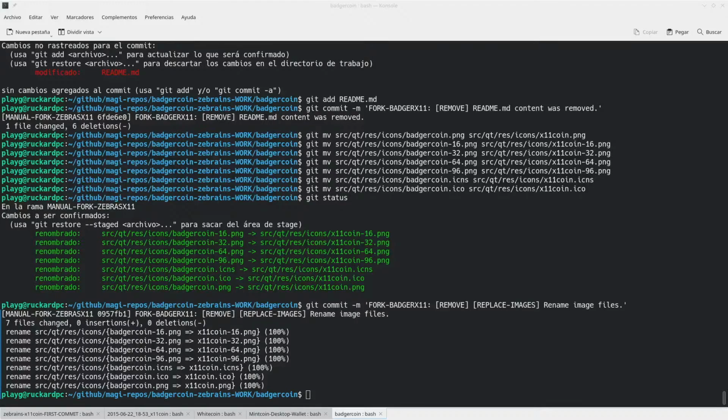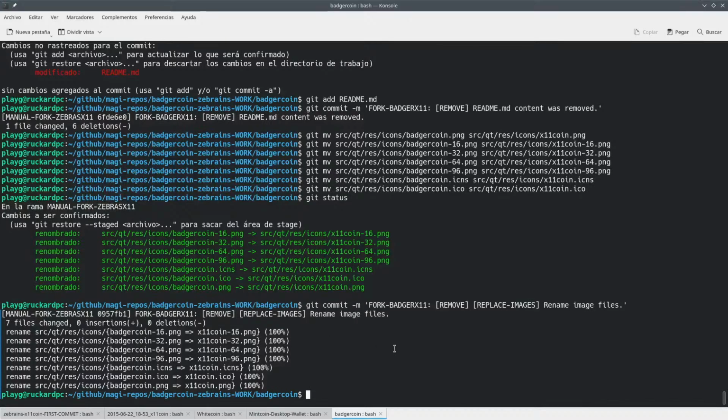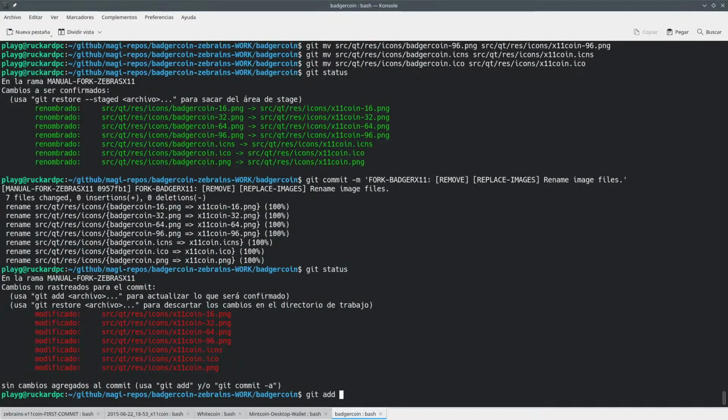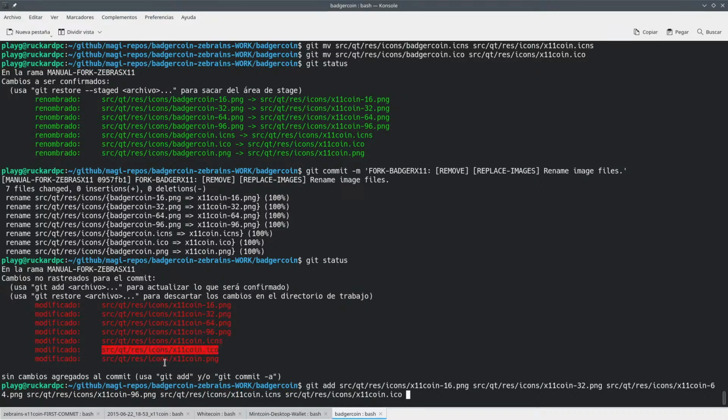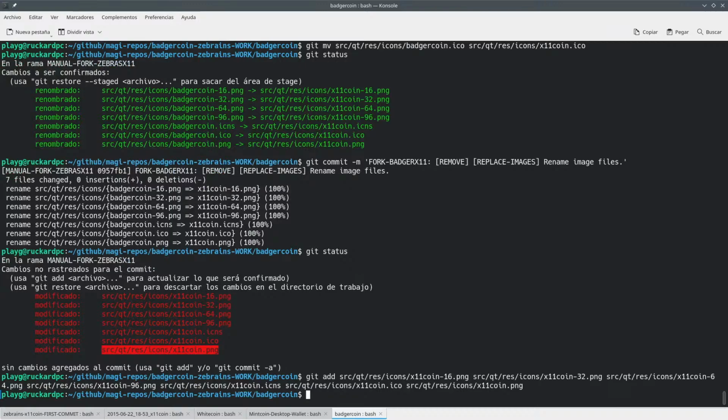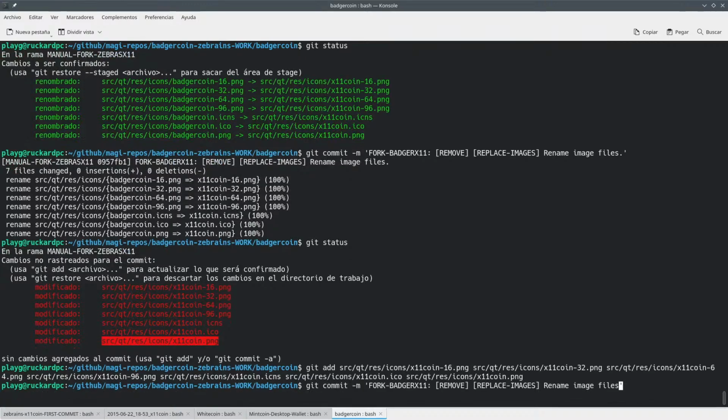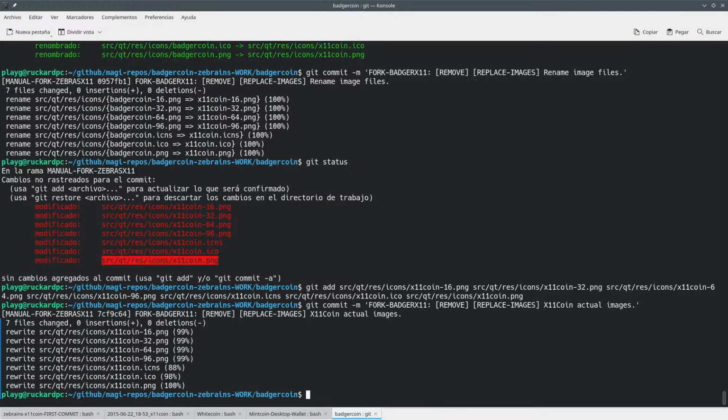Okay, now we should be able to have these files modified with the new binary content. And so this should be replace images. This is X11 coin actual images. Okay,